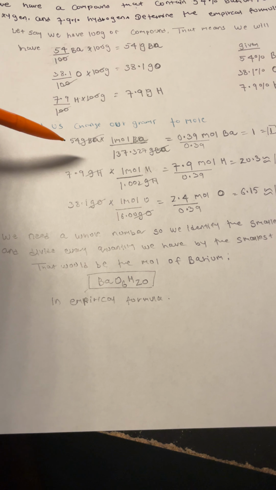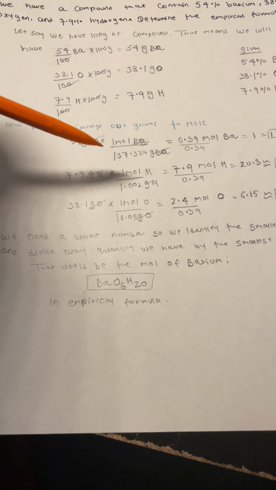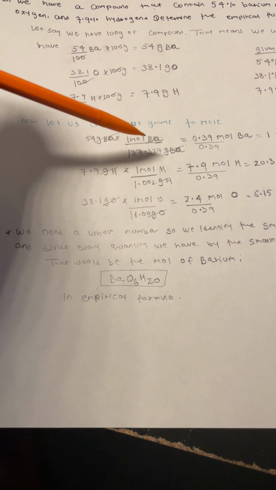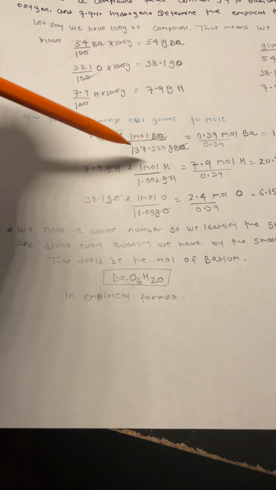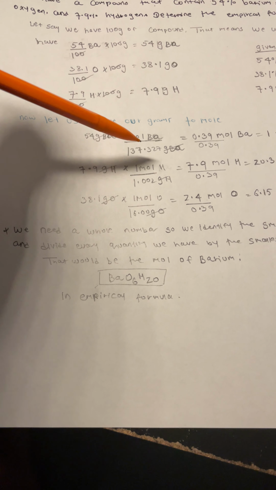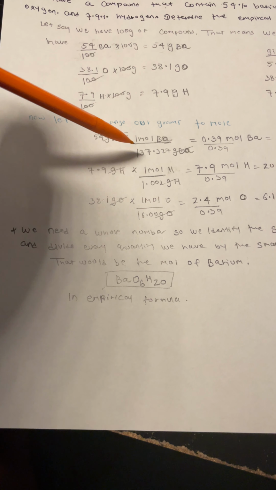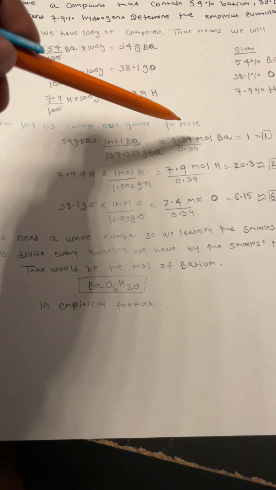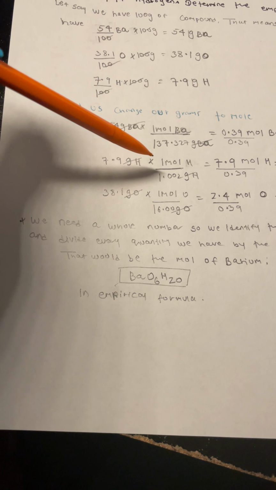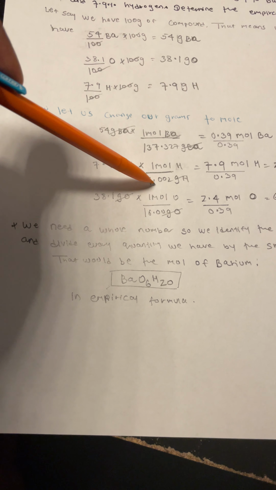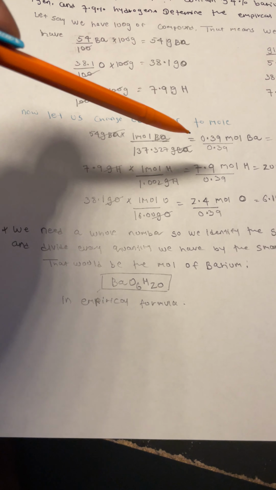So we have 54 grams barium times 1 mole divided by the atomic mass of barium. When we look up the atomic mass on the periodic table, we'll get this number. When we do the maths, we'll get 0.39 mole. Then we have 7.9 grams of hydrogen times 1 mole hydrogen, and 1.002 grams hydrogen would be the atomic mass of hydrogen,